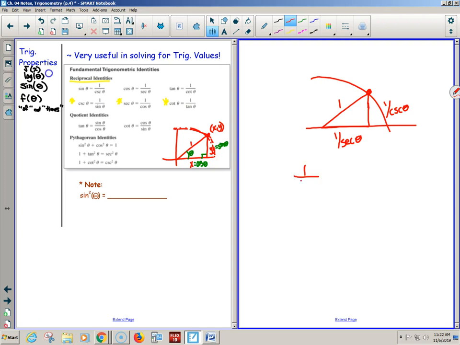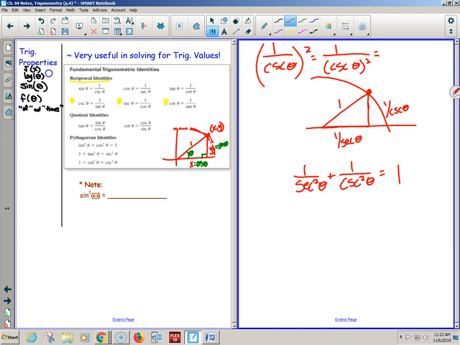So that would have been 1 over secant squared theta plus 1 over cosecant squared theta. And you might be like, wait a minute, whoa, whoa, whoa, what are you doing? I thought that the whole cosecant of theta was squared. Why are you putting the squared on here on the inside? It's notation. Whenever you square a trig, 1 squared is just 1. Cosecant theta squared, while this is right and it totally maintains the meaning of the whole guy being squared,